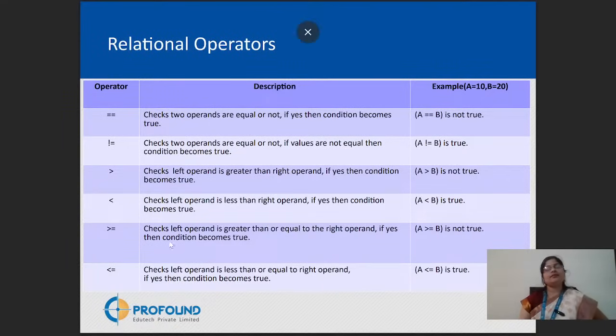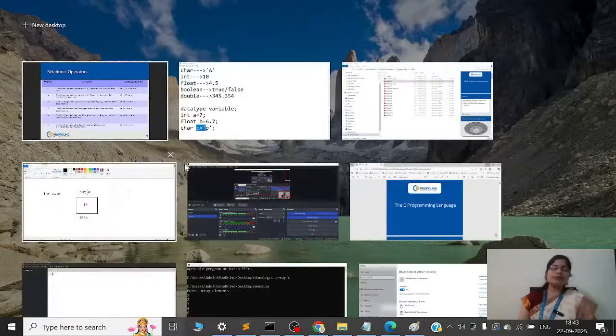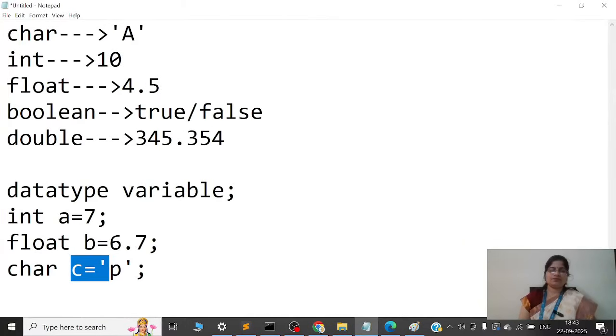Then there are relational operators. Suppose we have two operands and we want to find out the relation between them, we can take the help of relational operators. So, equal to equal to. In the C programming language, a single equal to means a value is getting assigned to a variable.